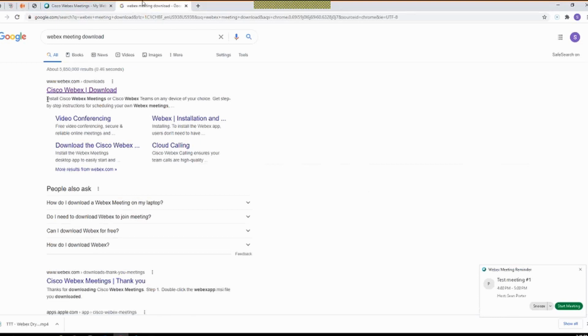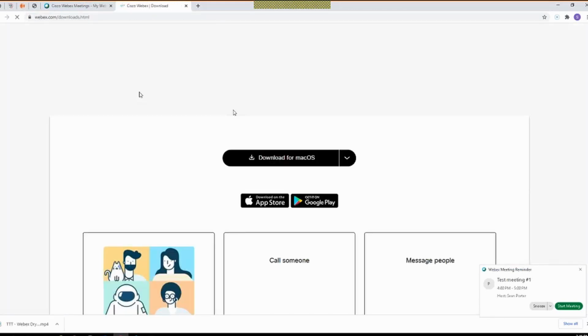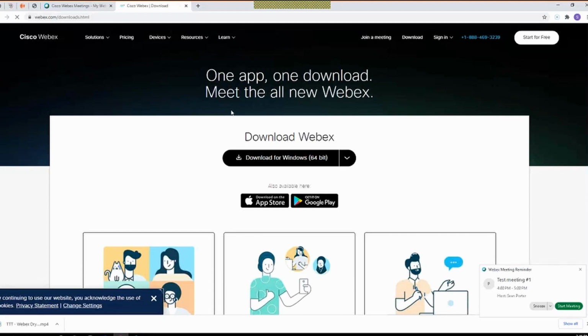And then it should be the first result. It will say webex.com with that little arrow that says downloads. And then you'll click on that. And intuitively, we would think that the first one that shows up would be the one that we need to